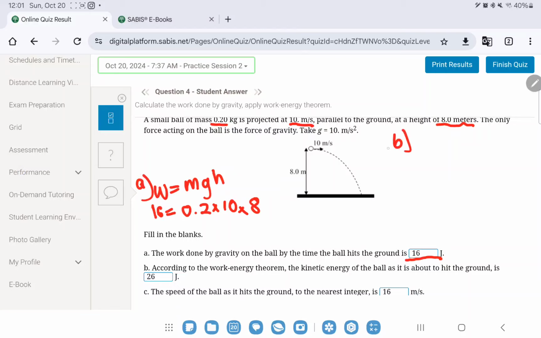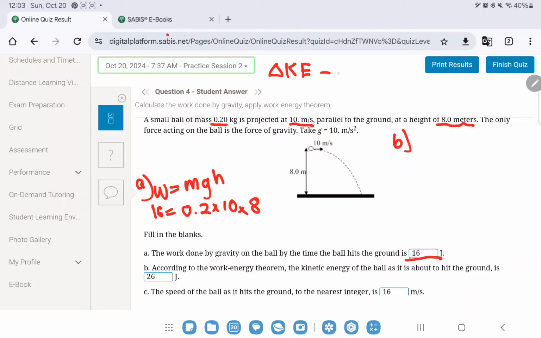Now part B, I'm gonna do it here. According to the work energy theorem. What's the work energy theorem? It tells us that kinetic energy plus GPE is equal to mechanical energy, I think. Wait, let me just make sure of the formula. Wait, no, it's not. This isn't the work energy theorem. This is the mechanical energy theorem. My bad, guys. Work energy theorem is delta KE